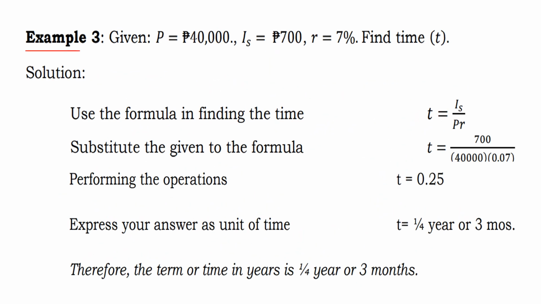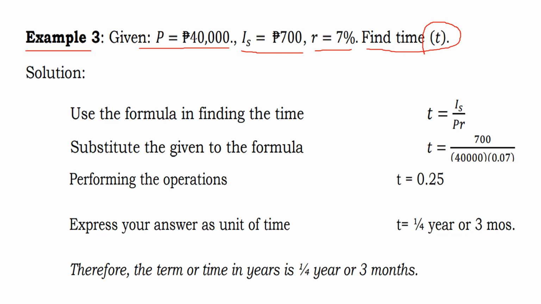So for example number 3, there is a given P which is 40,000 pesos. Your simple interest is 700 pesos and your rate of interest is 7%. So we're asked to find the value of T, or time or term. By again using your formula, I sub S is equal to PRT, the formula for simple interest,